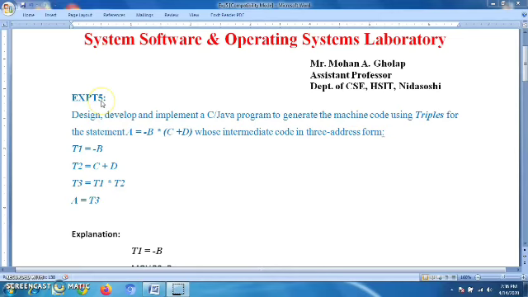Today we'll see experiment number 5 of the System Software and Operating Systems Laboratory. The aim of this experiment is to design, develop and implement a C or Java program to generate the machine code using triples for the statement A = -B * (C + D), whose intermediate code in 3 address form is as follows. T1 = -B, T2 = C + D, T3 = T1 * T2 and